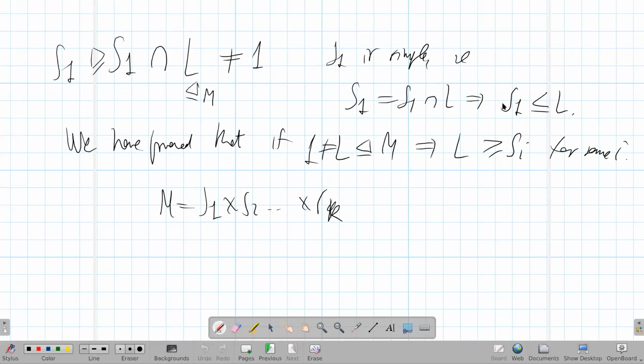Because I have taken 1 just for simplicity, but really I can only say that it contains one of the Si. As I mentioned last time, this shows that the Si, these factors, are the unique minimal normal subgroups